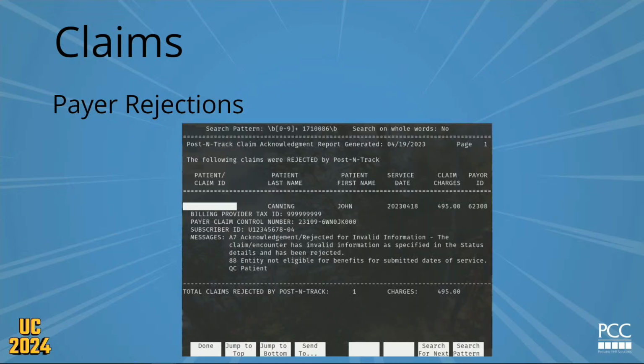And then we have payer rejections. So these look a little different for different payers. Some payers, they're all the same and they have the same exact format. Some of them like to throw their own information and coding for their own internal stuff on there. But again, this is information that you can go and use Correct Mistakes, and you can view these rejections